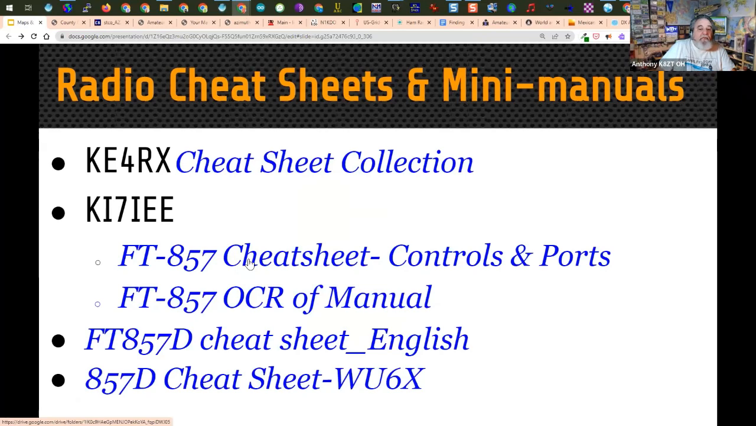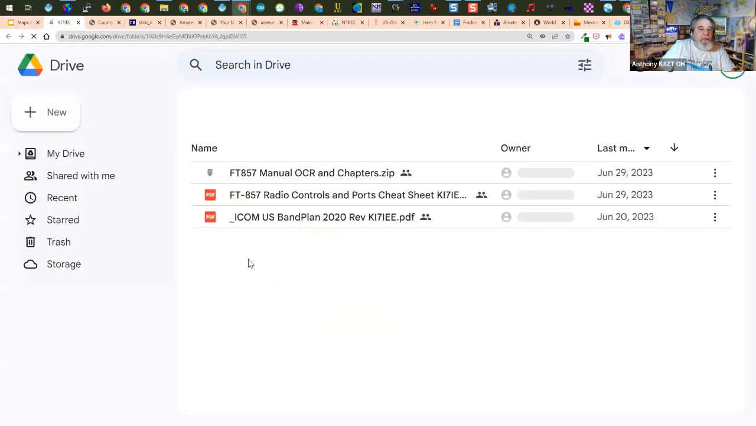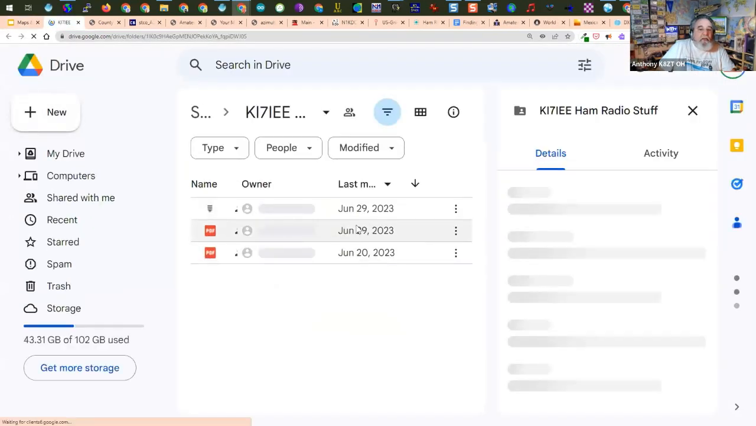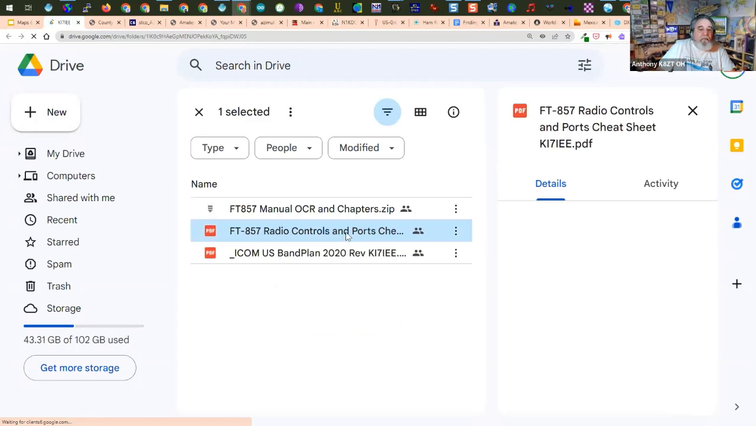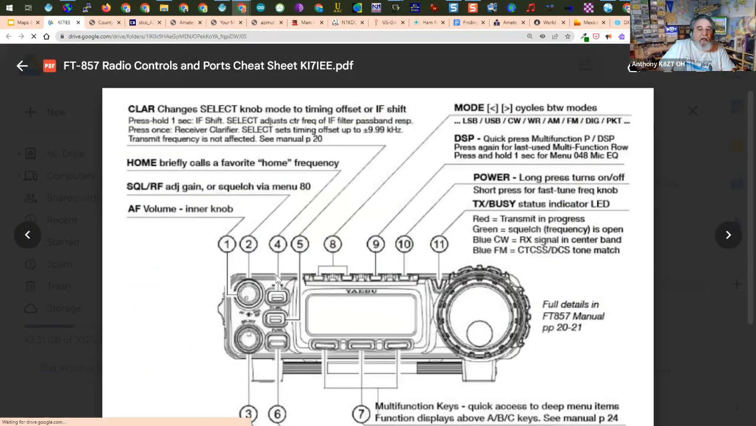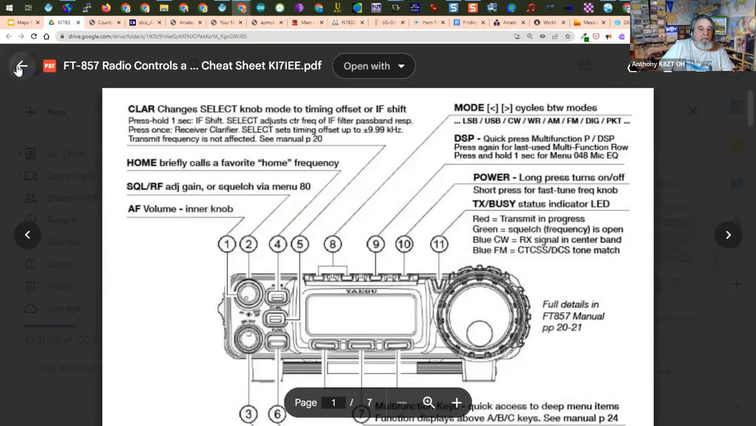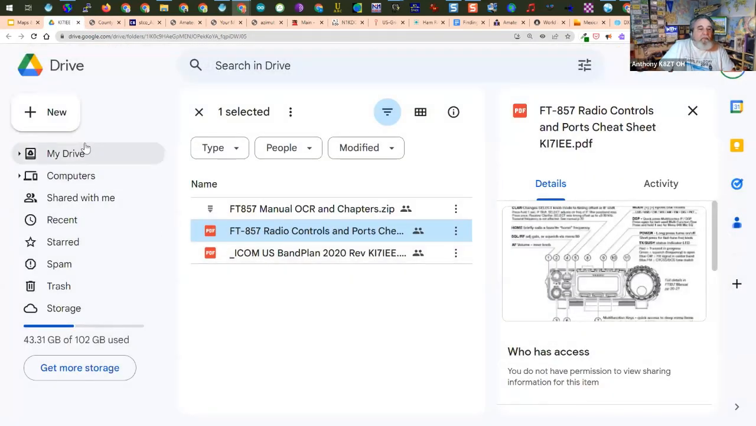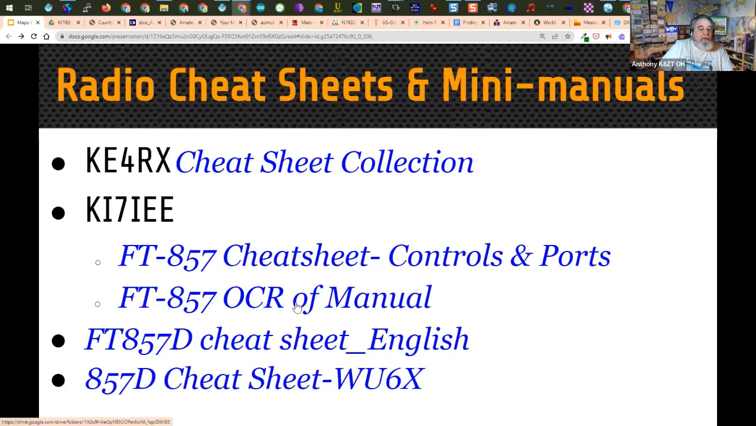KI7IEE did a cheat sheet for the 857 controls and ports, and he has a couple of them. You need to download them and then view them. And here's all the front panel controls. I like to use things like this in my Go boxes so that I have detailed information, or when I'm doing Field Day, people that aren't used to using the rig can have a quick cheat sheet. Here's an 857 cheat sheet, another 857 cheat sheet,